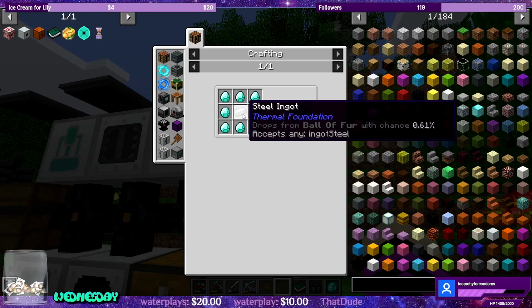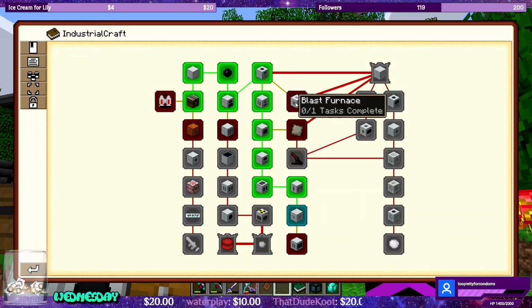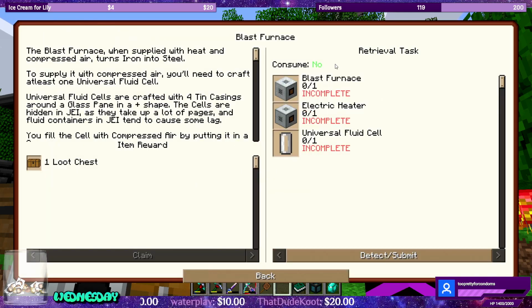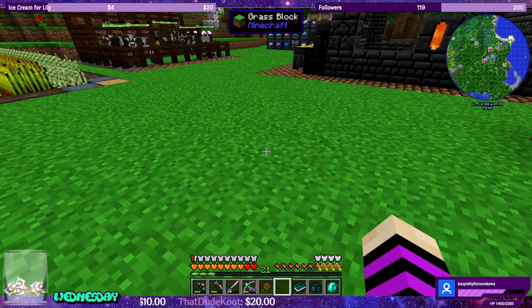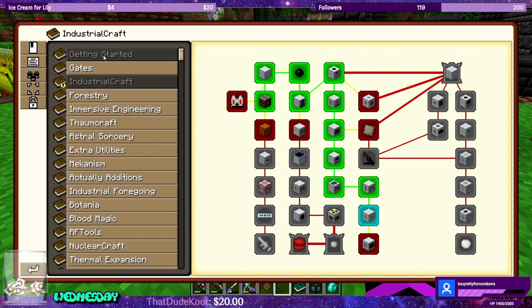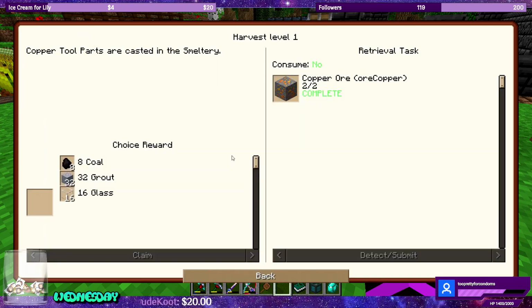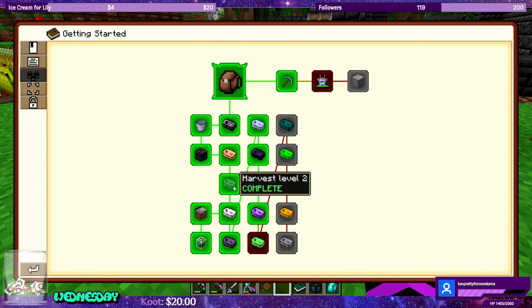Requires a steel ingot, which normally you'd have to go with the blast furnace. You would have to go this route, make the blast furnace, so that you can start making steel with compressed air cells to make steel. But since we took the quest reward at the very beginning of the pack in the getting started, I believe it was smeltery. No, was it here? No,